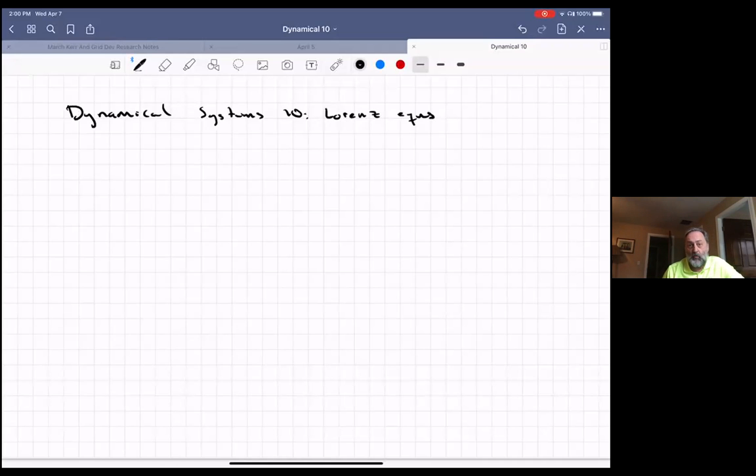Okay, so we're going to talk today about the Lorenz equations, which are a 3D system, which means there's three first order ODEs. And so these equations came out of actually studying atmospheric dynamics and convection rolls in the atmosphere and things